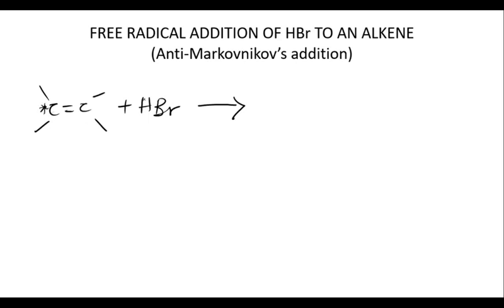Assuming in this case this is our more substituted carbon, let me use an asterisk over here. So our bromine, upon reacting with this alkene, will be attached to the more substituted carbon, which I'm marking with the asterisk. So we are going to have this, with the bromine attached to it, then the hydrogen will be attached to the less substituted carbon, and this is our product. This reaction is what we call the hydrohalogenation